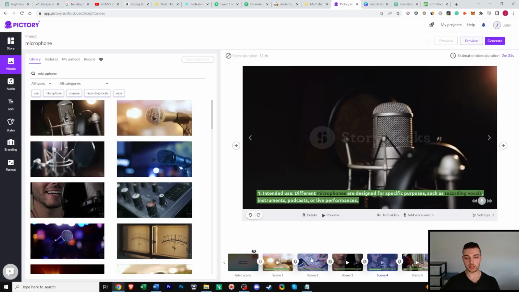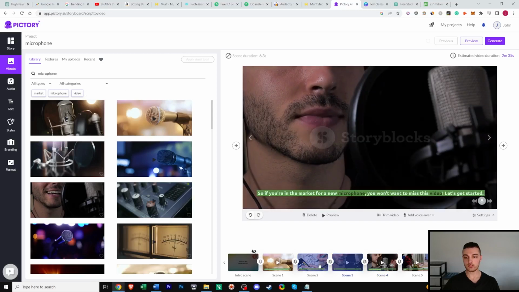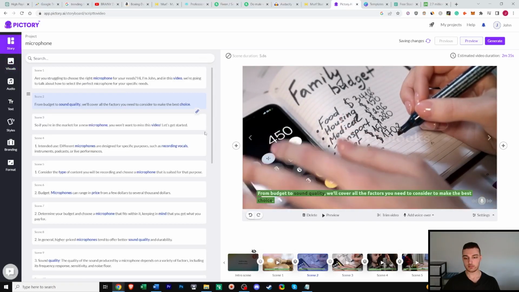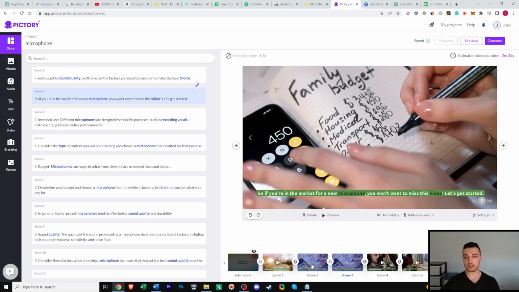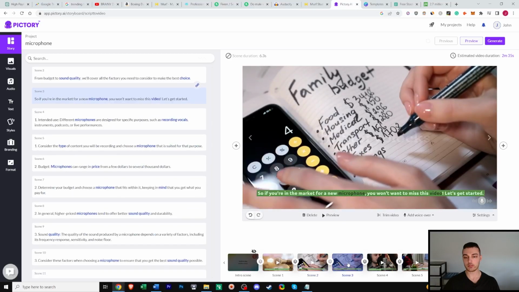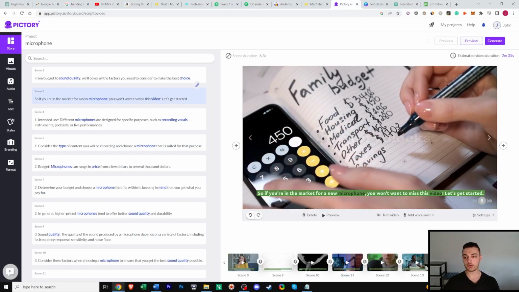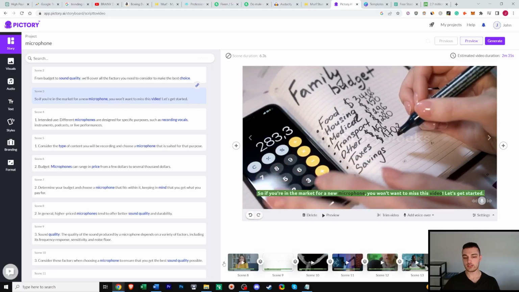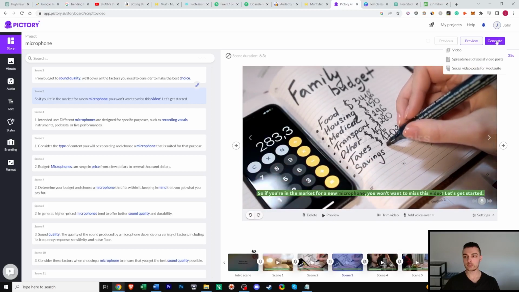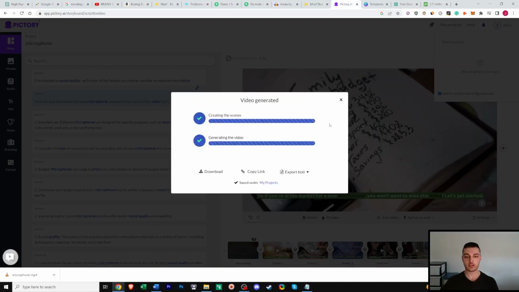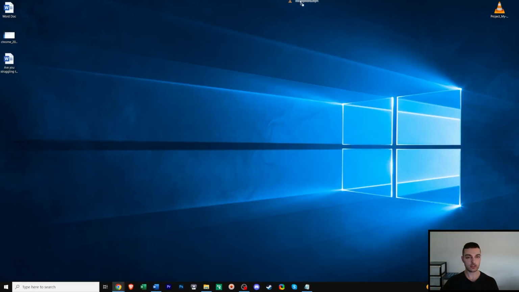What you can also do here is, say if the scene is too short, you can merge these both together by clicking link scene, and it'll attach the same video clip to both lines of text. So once your file is done, I'm not going to go through it all now. You can also add end scenes and intros. Then click generate video, and it'll let you download the MP4. So once that's done, just click download, and it should download down here. You'll then need to save that to your desktop.